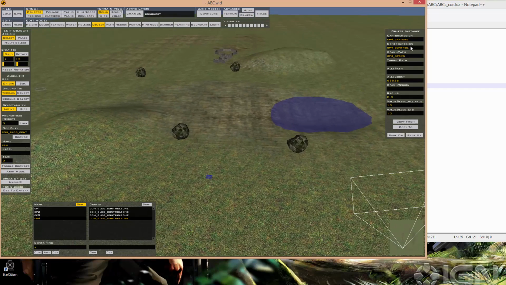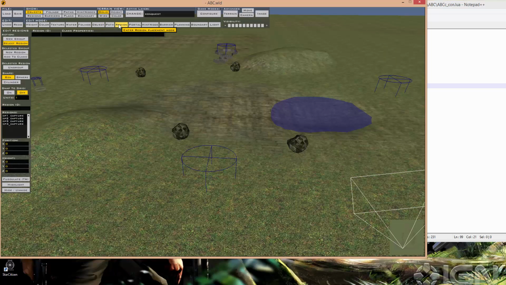Now we'll add a new region. So we'll go to Edit Mode, Region. And we need to not use new region, we need to create a new group each time we want to make a new region. Sounds funny, I know, but just trust me, you'll avoid a lot of problems by doing that. So if I click there,